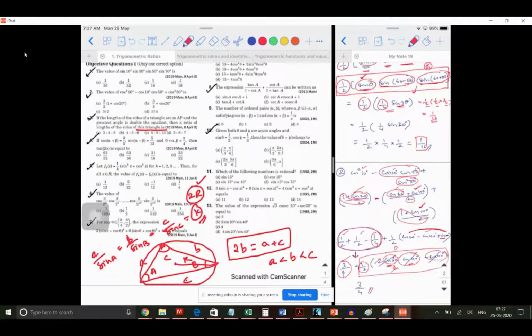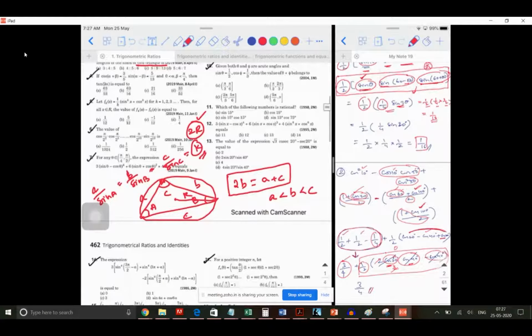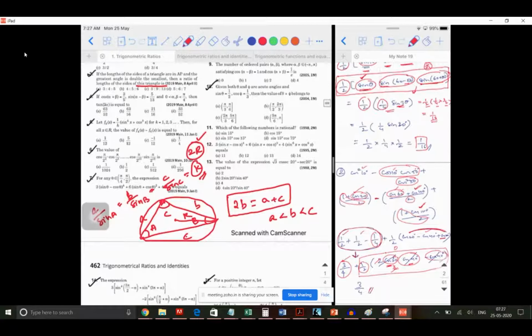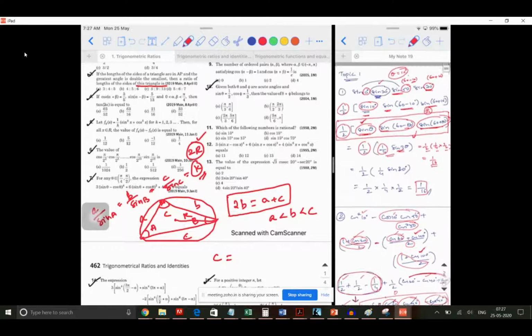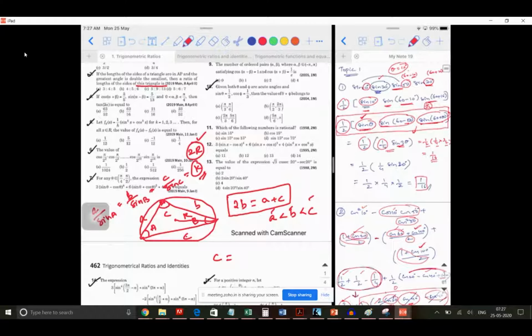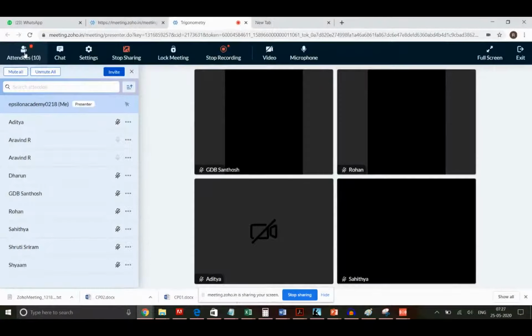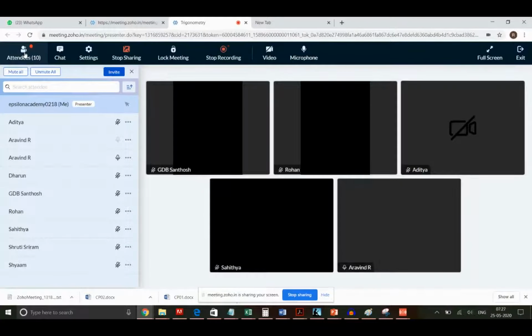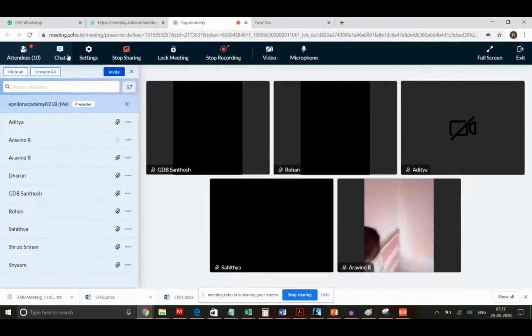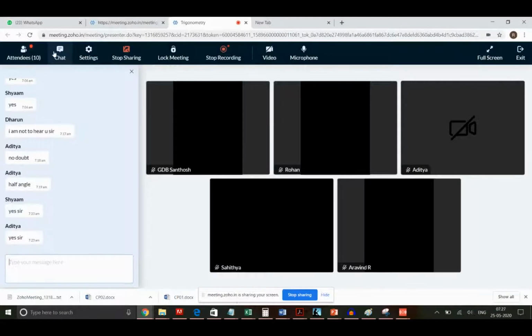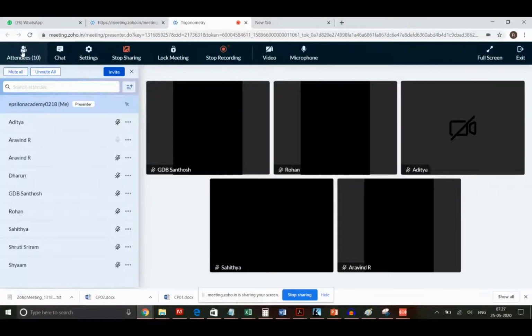Aditya, can you proceed? So what else is the other information he has given? He has told something about the angles. The greatest angle is double the smallest. So since I have taken A is less than B is less than C, we know that C is going to be the greatest angle. Now which is going to be the smallest angle? Someone, you can type also. So which is going to be the smallest angle?